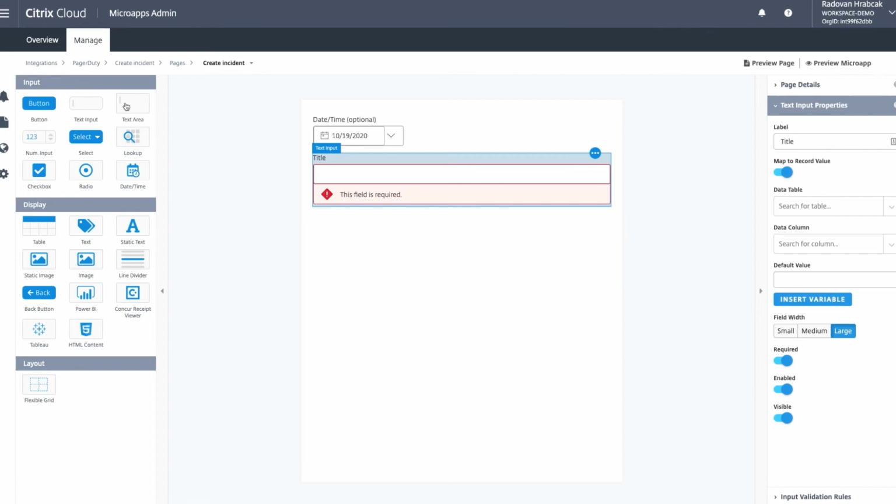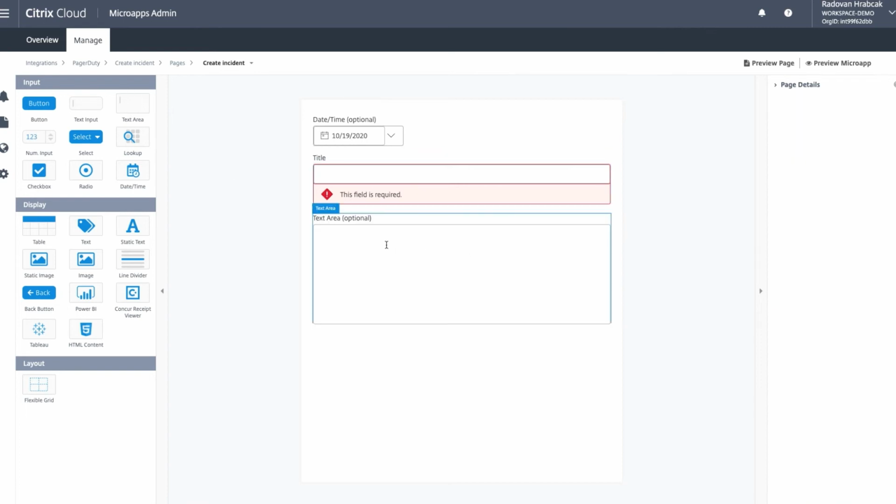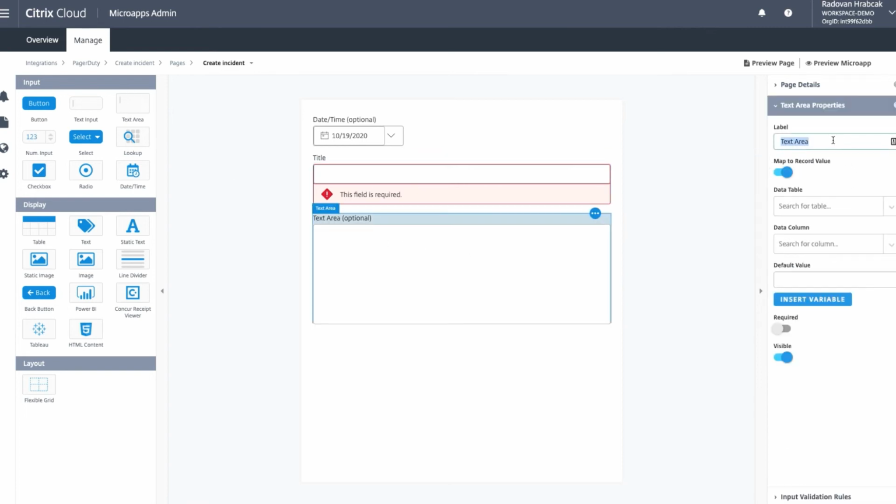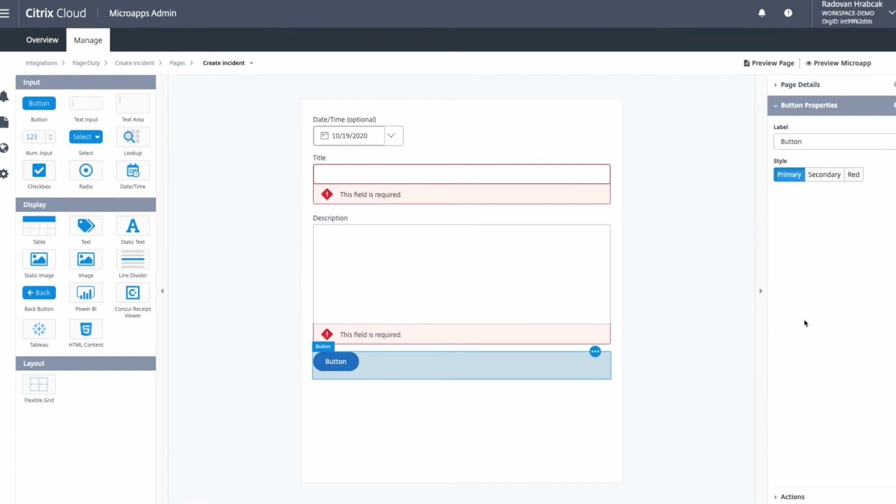Now we need another field for adding a description. So let's add this text area for a little bit longer text to be edited. Let's give it a name, and let's choose it as required again. Okay. Now, last but not least, we need to add a button that will enable the user to submit this form. So let's add a button, and we need to configure this button. Let's give it a name. Let's call it submit